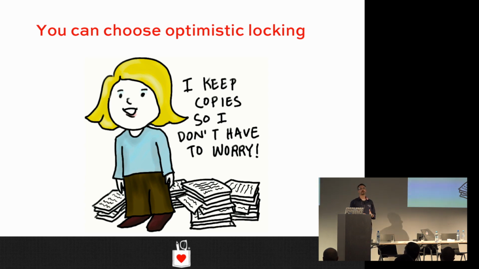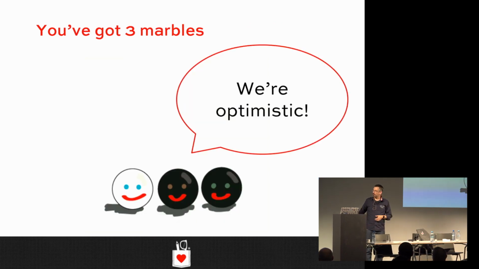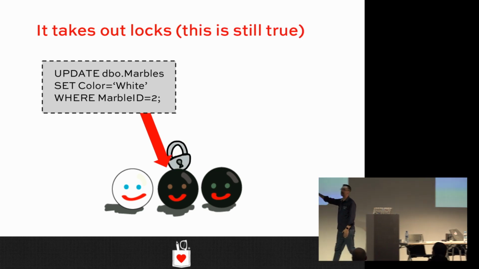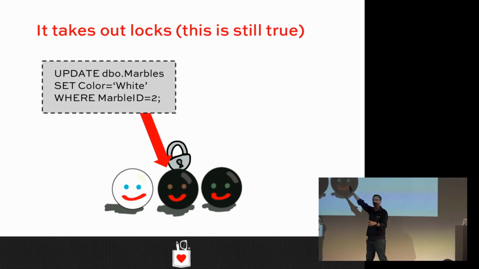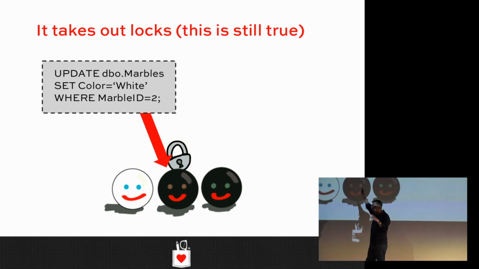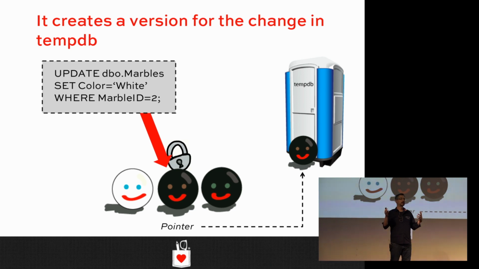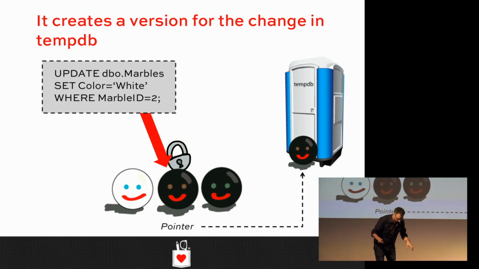This is not set up by default. There's a couple of different ways you can turn this on. We'll talk about how you go about turning it on. With optimistic locking, I still have 2 black marbles. I still issue my update statement. And I still take out a lock. That part doesn't change. But before the select comes in, SQL